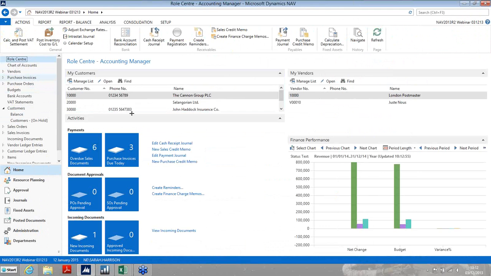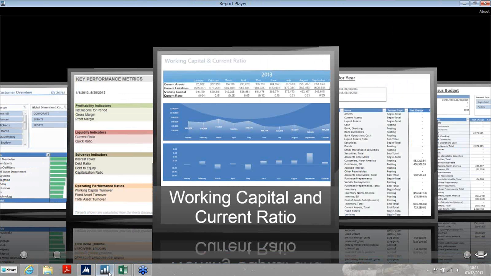So the next thing I'd like to show you is Jet Reports. Jet Reports Express for Microsoft Dynamics NAV is a free reporting tool. It enables you to create ad hoc reports using a simple interface within Excel. It provides you with access to all the tables within NAV, including any custom fields and advanced dimensions that you have configured. It then allows you to take advantage of Excel's existing capabilities, such as charts and pivot tables, to